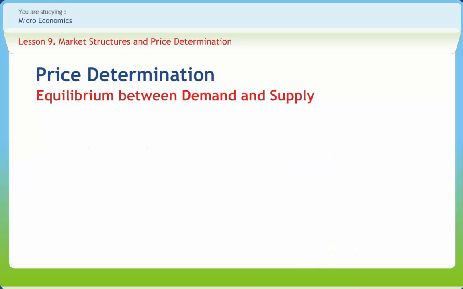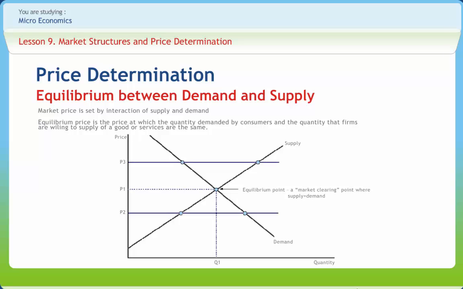After this discussion comes price determination, that is, equilibrium between demand and supply. Equilibrium means a state of equality or a state of balance between market demand and supply. Without a shift in demand and/or supply, there will be no change in market price. In the diagram, the quantity demanded and supplied at price P1 are equal. At any price above P1, supply exceeds demand, and at a price below P1, demand exceeds supply. In other words, prices where demand and supply are out of balance are termed points of disequilibrium.